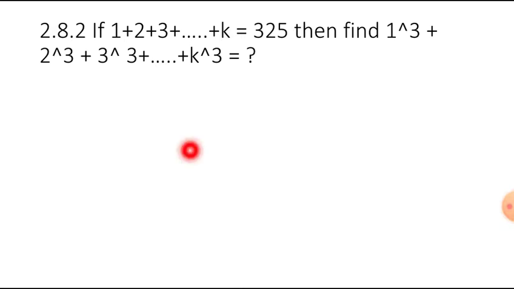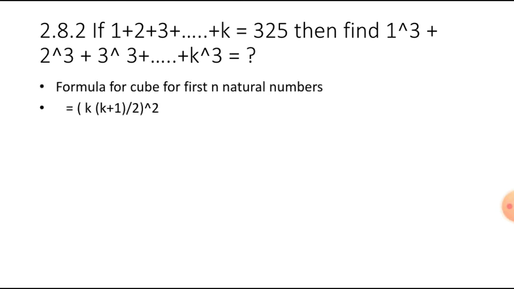Next sum: if 1 plus 2 plus 3 up to k is equal to 325, then find the value of 1 cube plus 2 cube plus 3 cube plus up to k cube. Here the first given is the sum of the natural numbers, and then they ask for the sum of the cubes of the natural numbers. So, the formula for the cubes of the first n natural numbers,